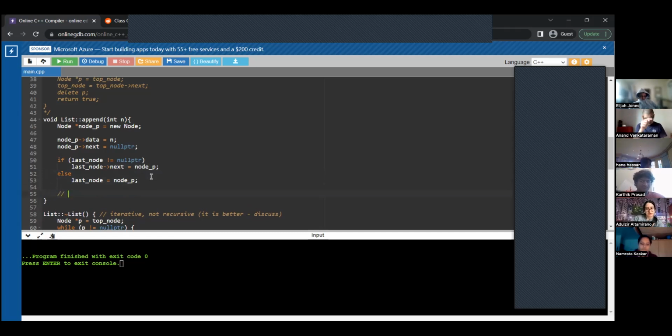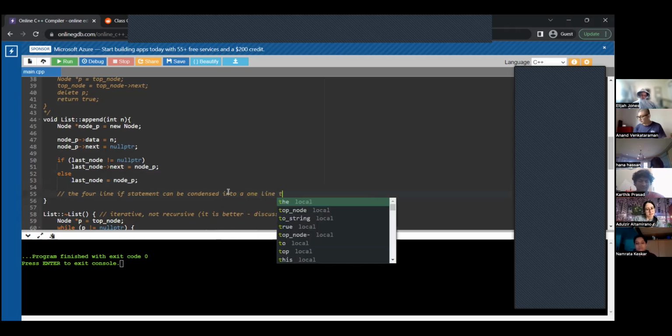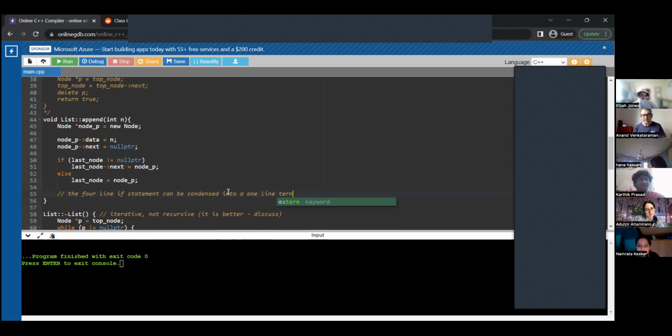The same, the 4-line if statement can be condensed into a single ternary statement below. Can, not can't, right? Can be condensed into a 1-line ternary statement below. Ternary, T-E-R-N-A-R-Y. Statement below. Yeah, so that's what we're going to do. And no, not below, right? We want just below. Okay, hit enter. And all you have to do here is simply say last node equals,